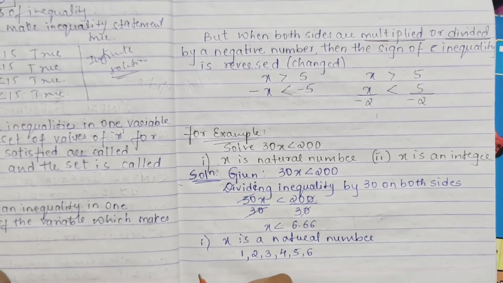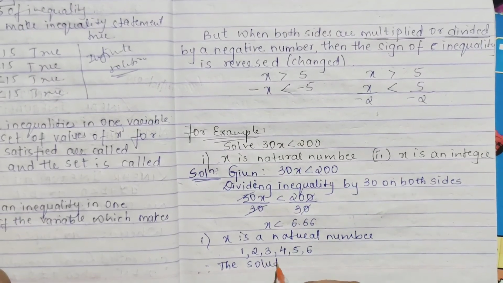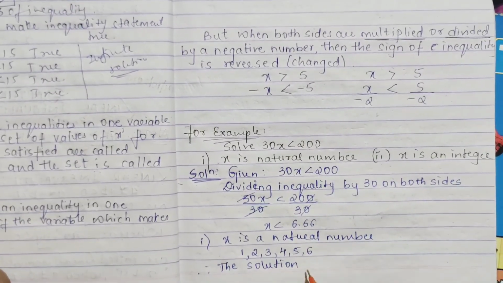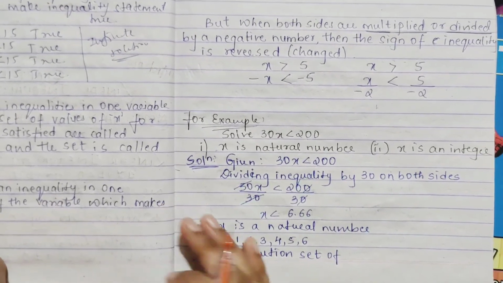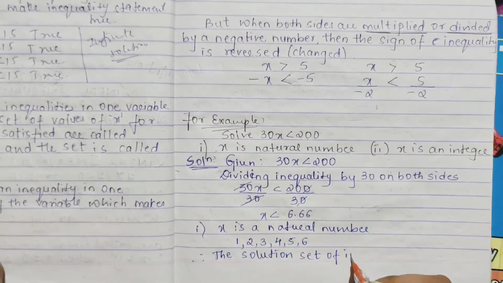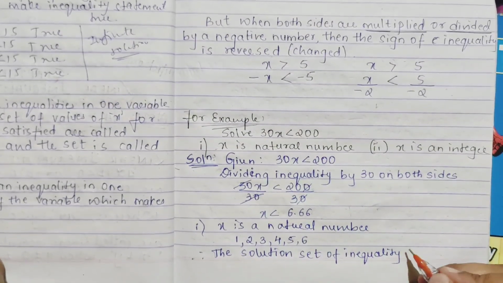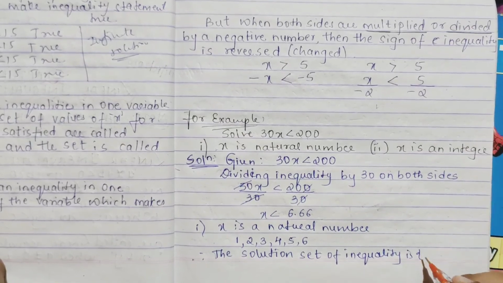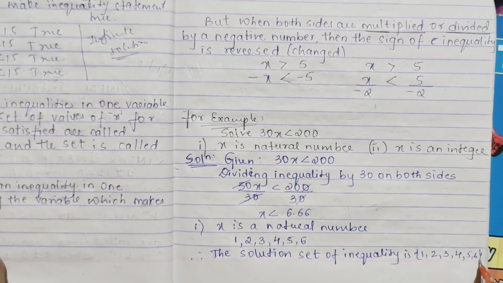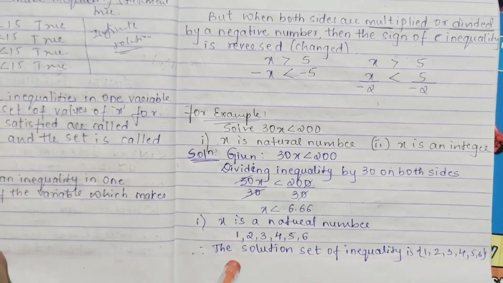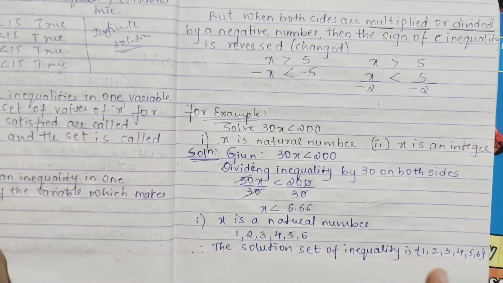So therefore you can see, yes, you can tell this as a solution set. Okay, solution. Sometimes a slip of the tongue happens, yes. So what we get? 1, 2, 3, 4, 5, 6. X a natural number means, to just satisfy that the statement is true, you just have to prove it, that's it. Solution set of inequality.